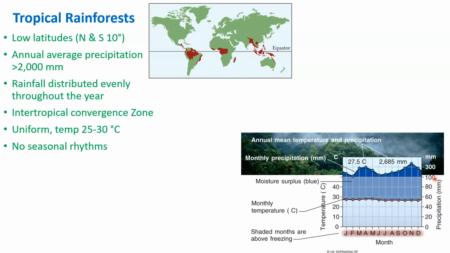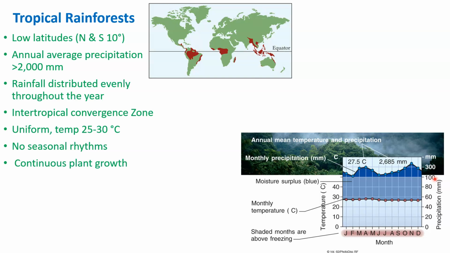And if you remember from my earlier lectures, we talked about the intertropical convergence zone. It is a zone that keeps receiving ample amounts of precipitation by rising and falling air masses. The warm air masses rise up from the equator, move gradually away from the equator, and then fall back. That intertropical convergence zone is where you find these tropical rainforests.